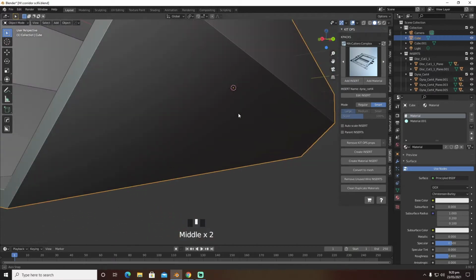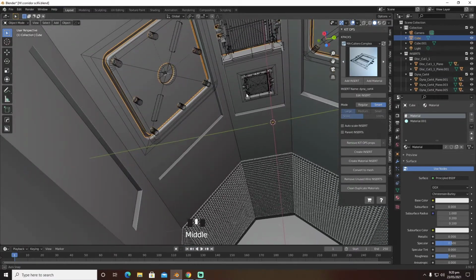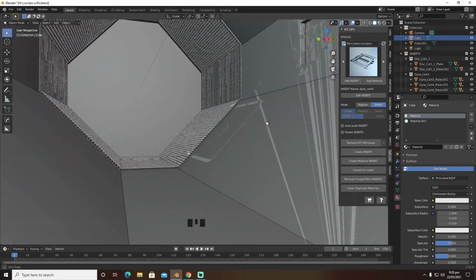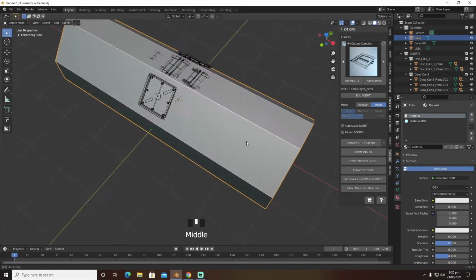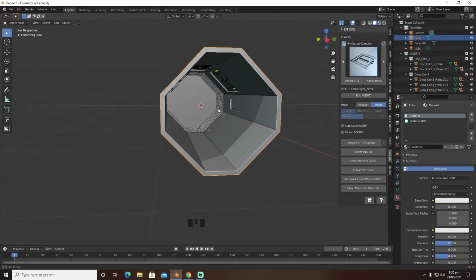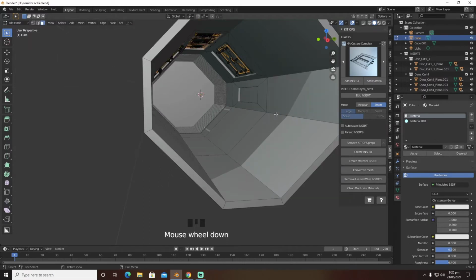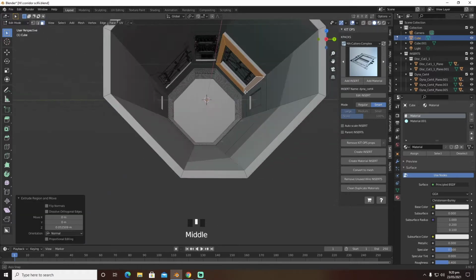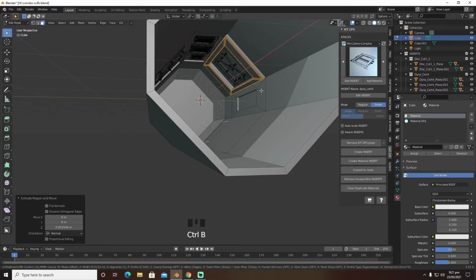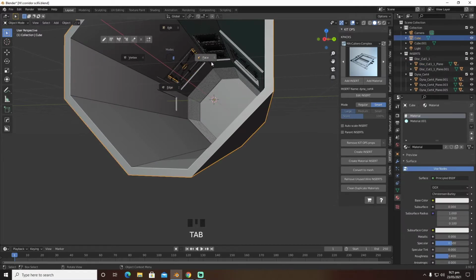Okay, so the next thing I'm checking out, make sure you check your models from all angles because it's very necessary for you to get a clear view on what you are doing right now. So here I am checking everything out. Everything looks nice. Alright, now the next thing that I'm gonna do is I'm gonna go into face select mode, and here I'm selecting these faces. I want them to extrude out and look, you know, like there's an insert inside it. And then I bevel this, and then I go to the left side and I select